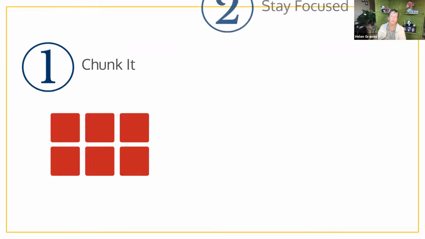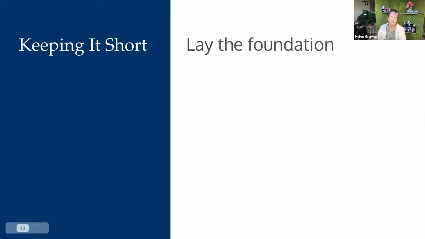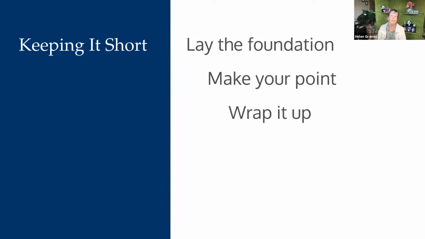The second thing you want to do is keep your topics very focused. 6 minutes is actually a lot longer than you may think. If you're the kind of instructor who likes to meander your way to the point that you're making, the 6 minutes is going to be up in no time. So meandering is not going to be an effective method for asynchronous instructional videos. You don't have a captive audience in the same way you do when you're in a lecture hall. So you want to be focused and concise. You're going to lay the foundation, you're going to make your point, and then you're going to wrap it up.